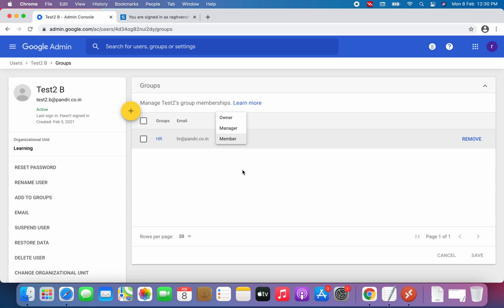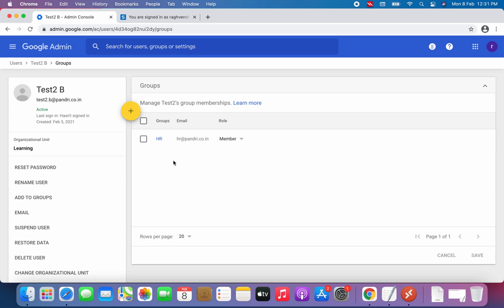It will not be allowed to send email through this group, or make changes, or add or remove users in this group. If you change the ownership from member to owner or manager, the user you have given the permission to can make changes to that particular group.